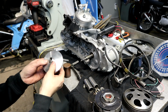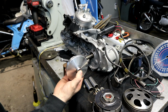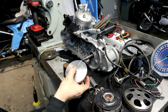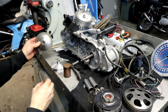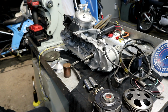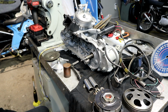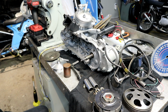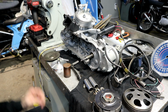This is a Ruckus, I believe. Malossi variator, and I'm running the stock DO drive face. So there is a few things you got to do to these to install the larger ZX pulleys on them. And if you want to run the larger variators in the front as well, there's also some mods that need